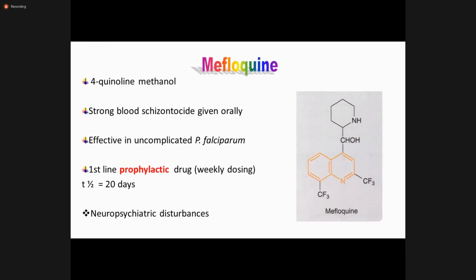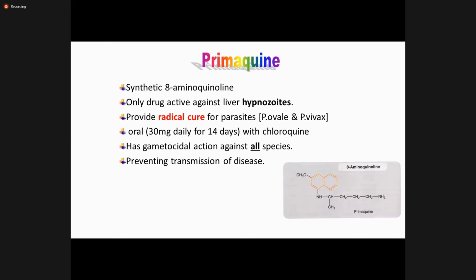Primaquine, I told you, you have to remember this drug. This drug is a synthetic 8-aminoquinoline, again a derivative belonging to the quinoline group. The main action of the drug is that it is effective against the liver hypnozoids. I told you that hypnozoids are the form of this parasite that remains in the liver, where they cause the recurrence phenomena. So in order to avoid this recurrence, or for the radical cure, we use the drug